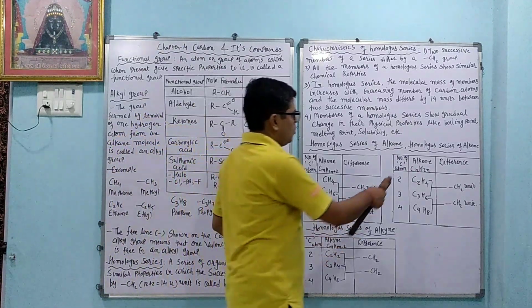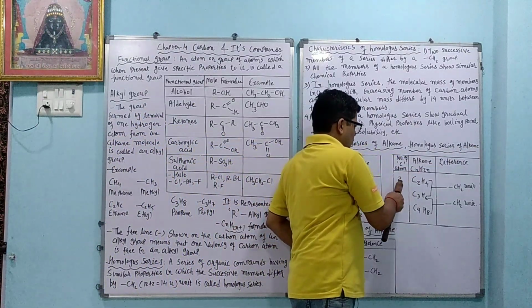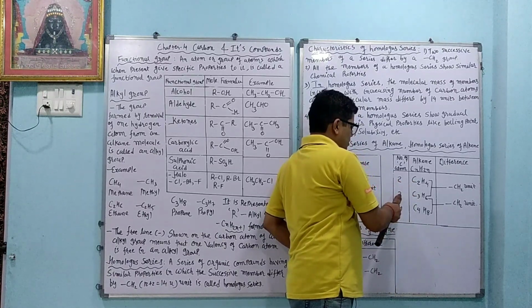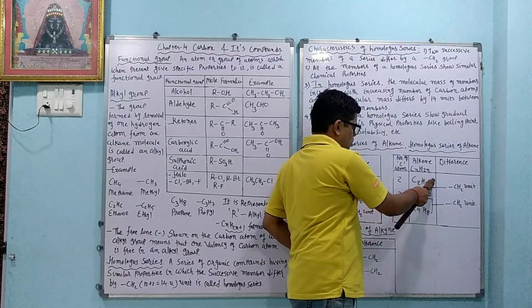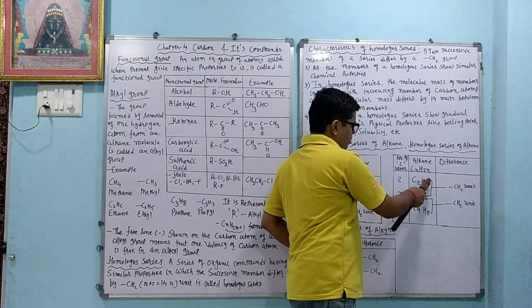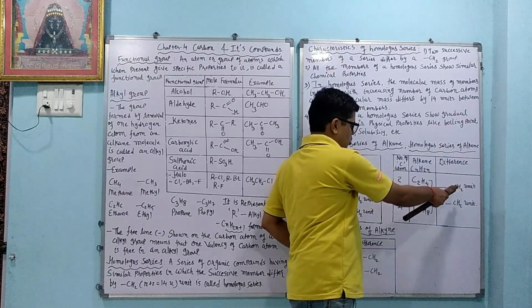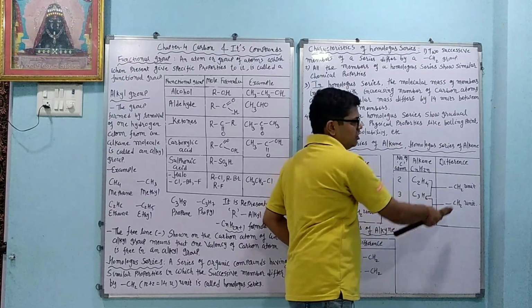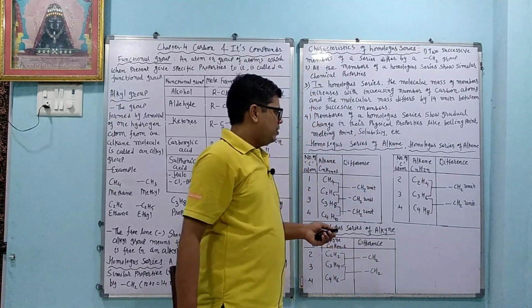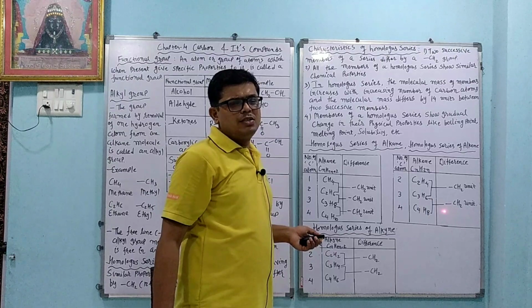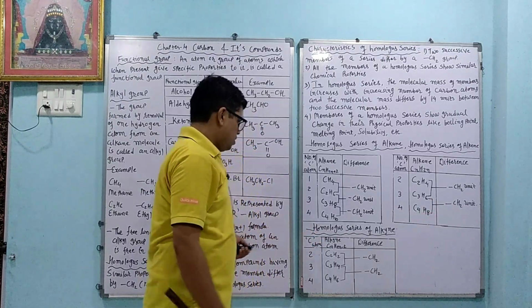In the same way, for the homologous series of alkene, if the number of carbon atoms is 2, this is called ethene. If the number of carbon atoms is 3, we get propene. Now suppose we find the difference between them: the difference is a CH2 unit. It indicates that between these two organic compounds, the difference is a CH2 unit. In the same way, for butene and propene, the difference is a CH2 unit. It indicates that the alkene is a homologous series, where between two successive members the difference is a CH2 unit.